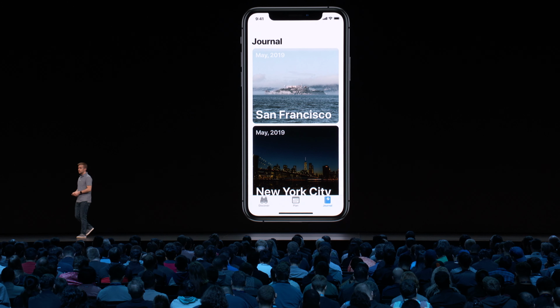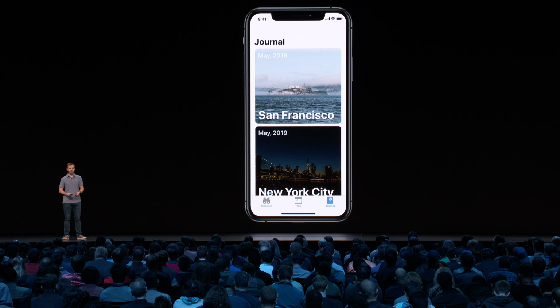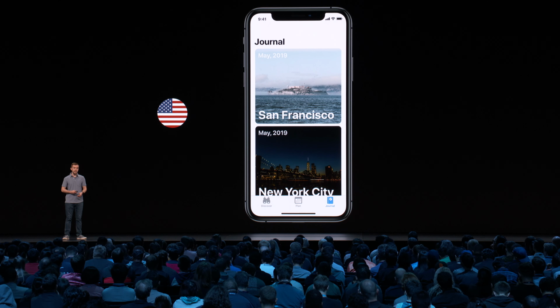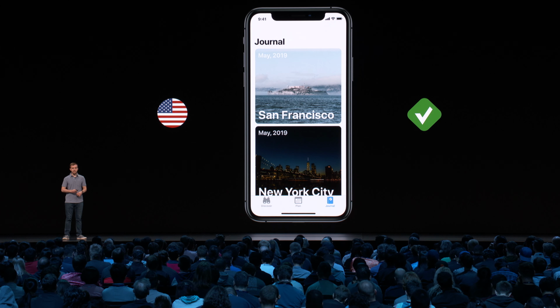Let's walk through an example to explain this. Imagine that the app we've been working on is localized into several different languages. And now that we've learned how, we've written several UI tests for our app as well. Once we've done this, our tests will most likely succeed when we run them in our development language, which in this case is English.